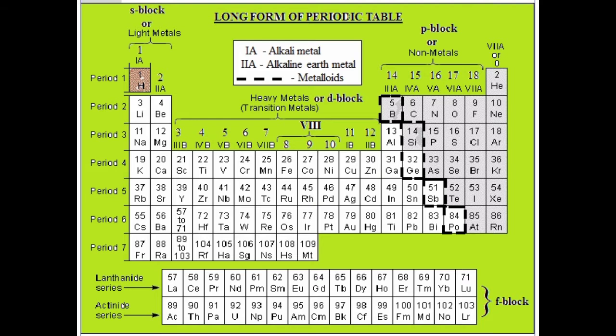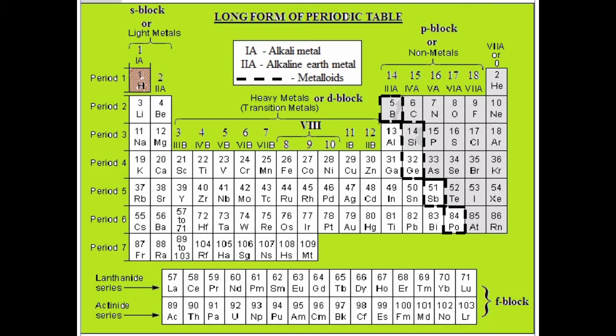See, D block contains groups 3 to 12. Are you getting me, students? Groups 3 to 12, all these groups are coming under which block? D block. Yes or no? So this block contains metals. All the metals are covered in this block. So write down over the D block, that is metals.